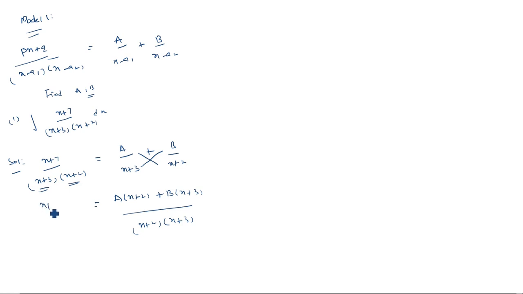So this form, what is the form? That is (x plus 7) by (x plus 3) into (x plus 2). X plus 3 cancels, x plus 2 cancels. So therefore we get that x plus 7 is equal to a into (x plus 2) plus b into (x plus 3), taken as equation number 1. So we need to find that a and b. How can we find this a and b?